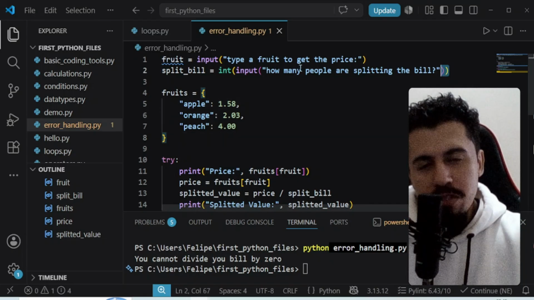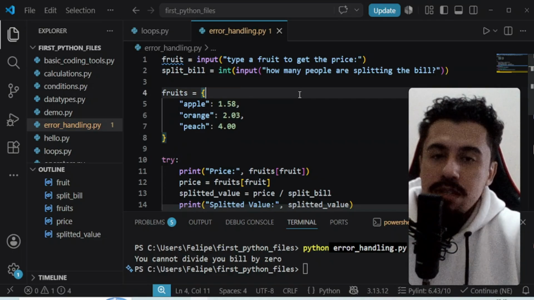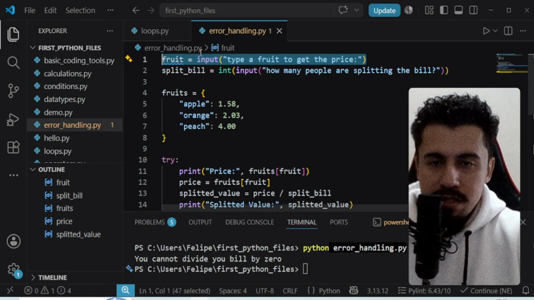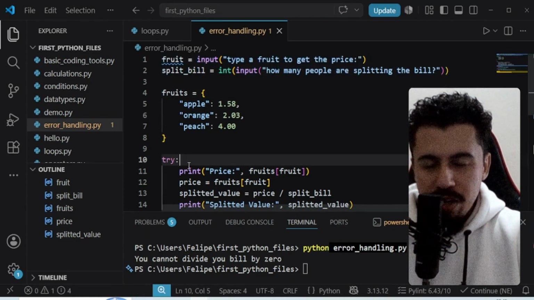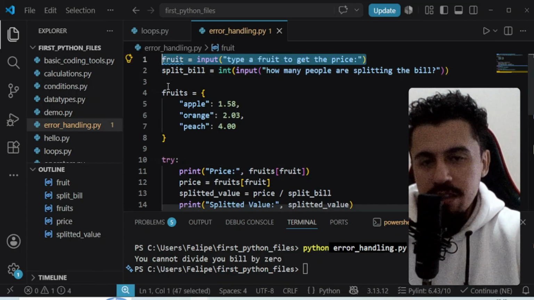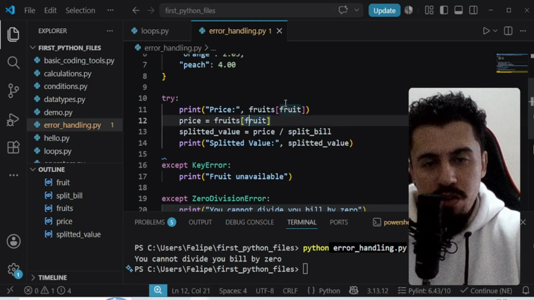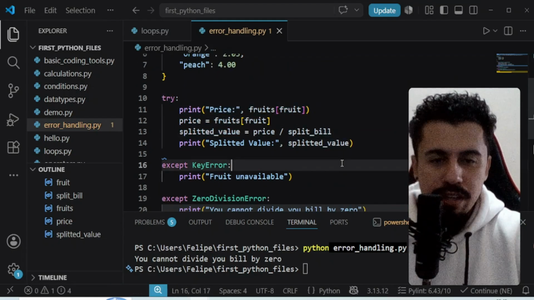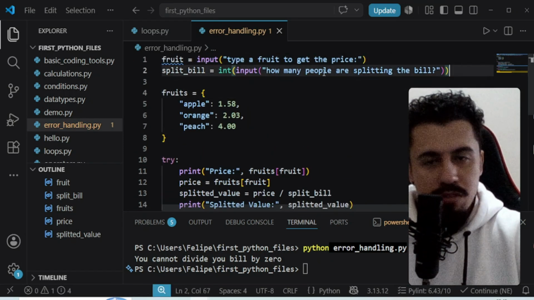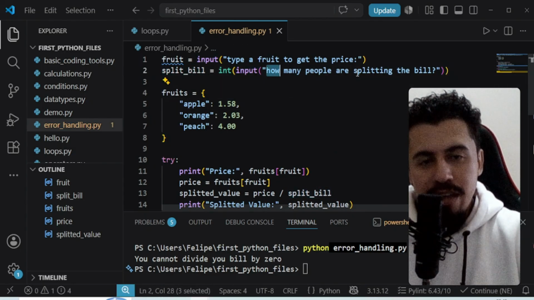When you have this type of situation, first thing you need to notice is that you may cause a problem because these two inputs are outside of the try block. That means that if something goes wrong here or here, we are not handling the exceptions as we did with the code that is here, right? And we have a situation that is probably going to happen here. This split bill data that we are getting from the user